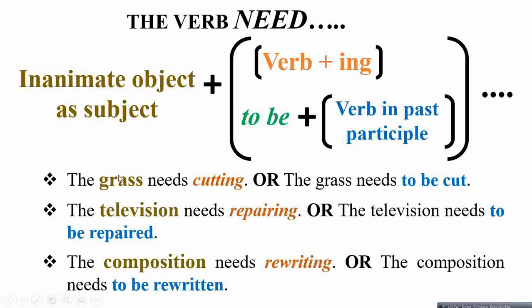We can see in examples. The grass is an inanimate object, needs cutting. It is a gerund form of verb, or the grass needs to be cut. So that's how you will place in case आपका जो subject of sentence है that is an inanimate object. Second example is the television needs repairing, which is a gerund form